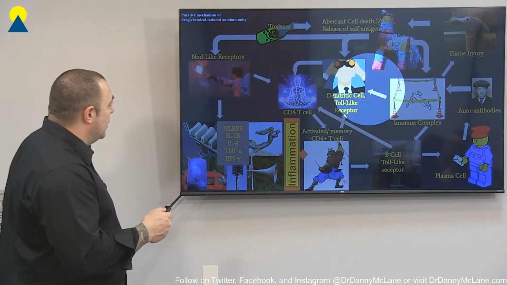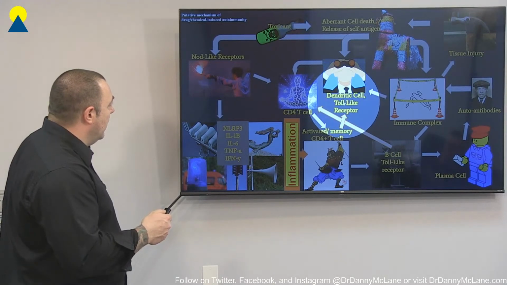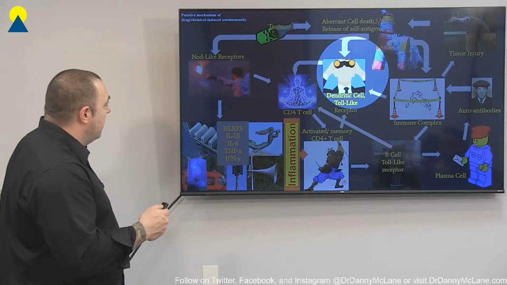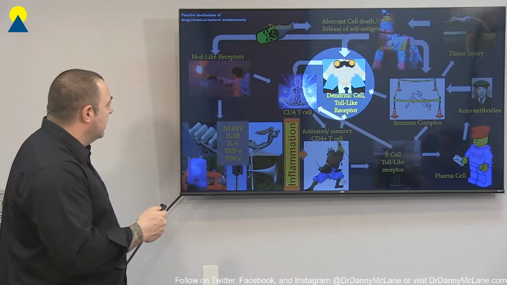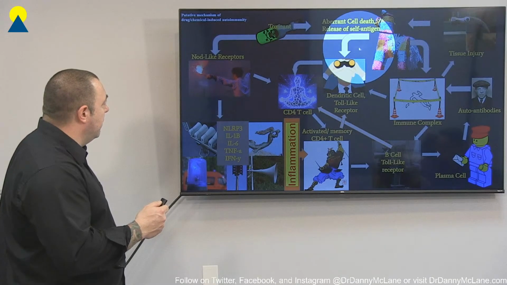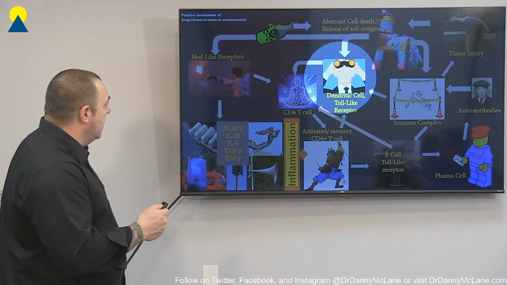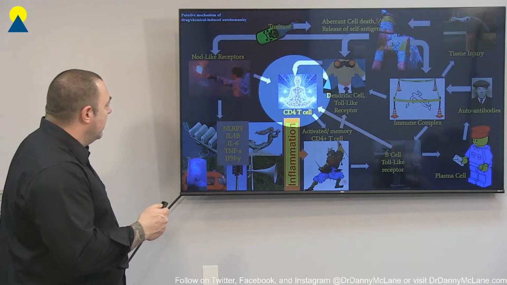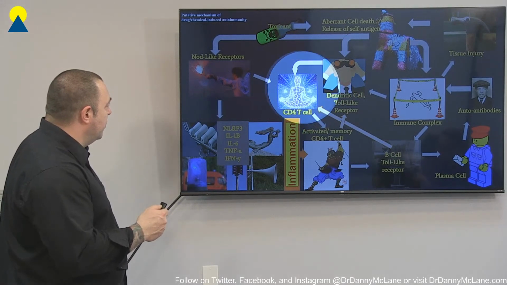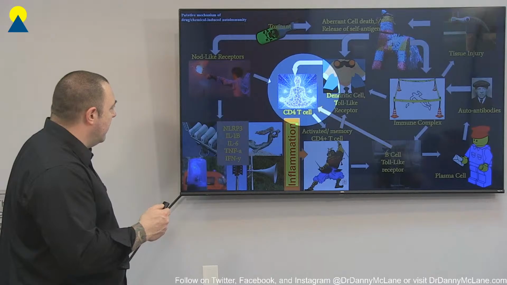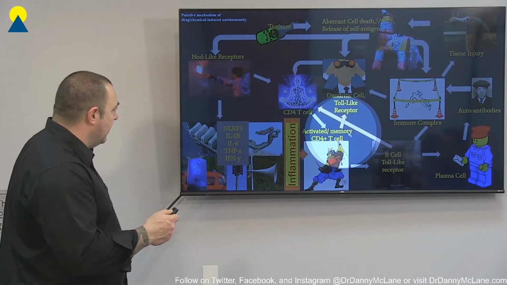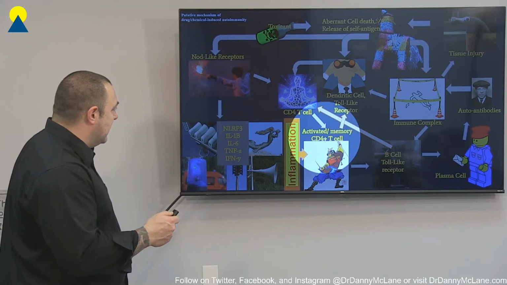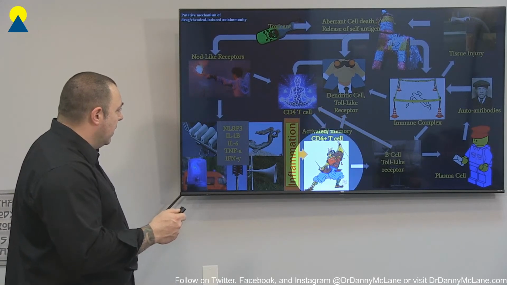This cell, the dendritic cell, has a toll-like receptor on it. That means if you've ever paid a toll, you know that it's a cost to get into where you want to go. So it's like a lock and key. So the stuff busts out of the cell. This dendritic cell sees that and then takes this meditating cell, this super chill, relaxed immune system cell, and turns, boom, into a warrior cell. That's activated. That's a CD4 plus T cell. That warrior cell